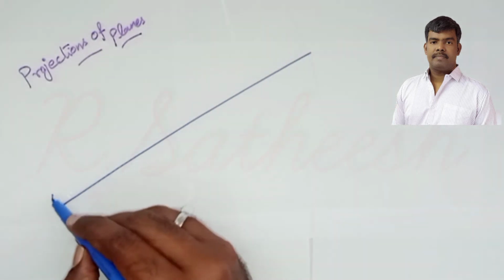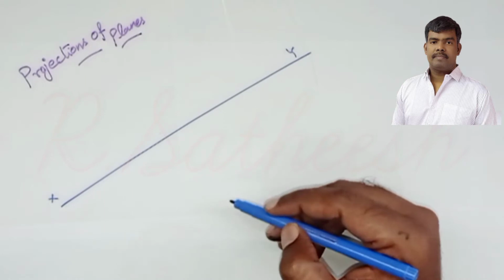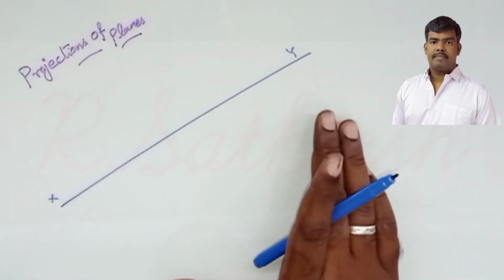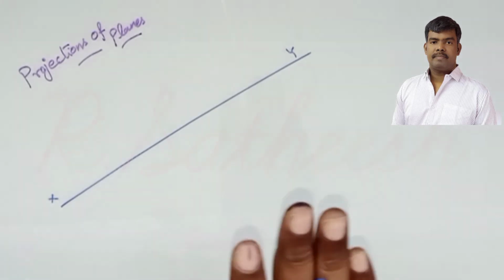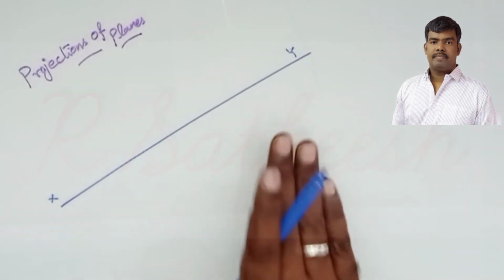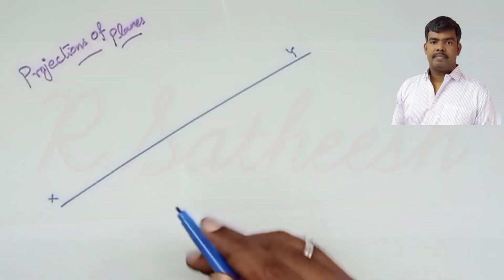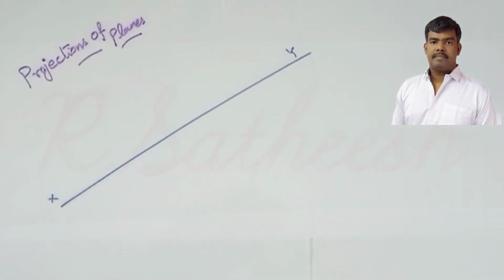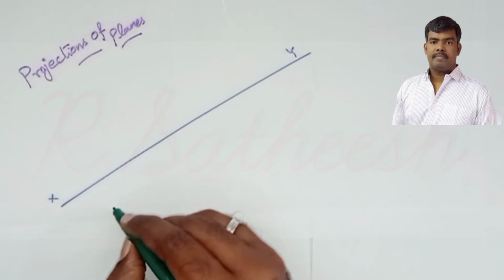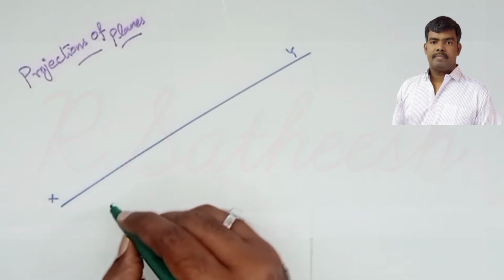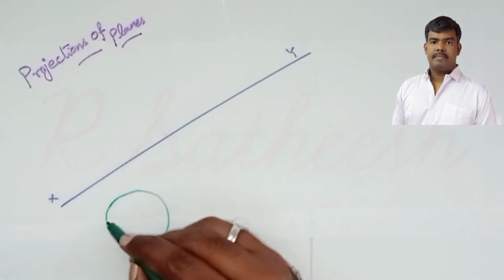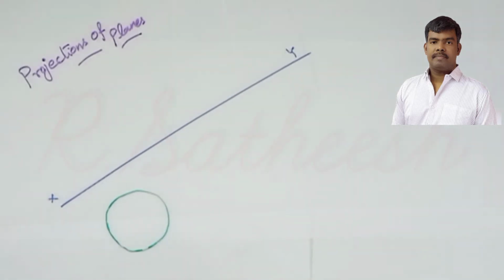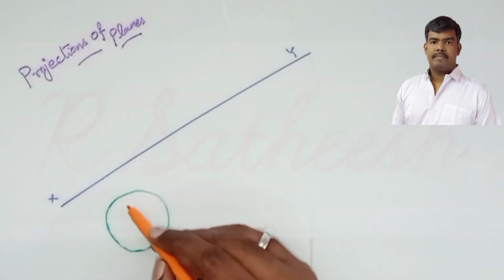You draw one XY reference. A circular plate of dia 50 lies on HP. Therefore, initially the plate is resting on HP, which means the true circular shape is visible in top view. Therefore, first we draw the top view of a circle of size 50 mm diameter. So, this is the 50 mm diameter circle. Clear? Right.